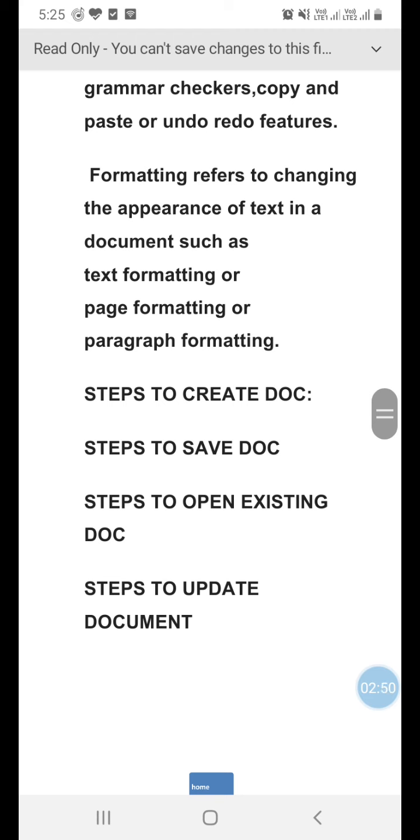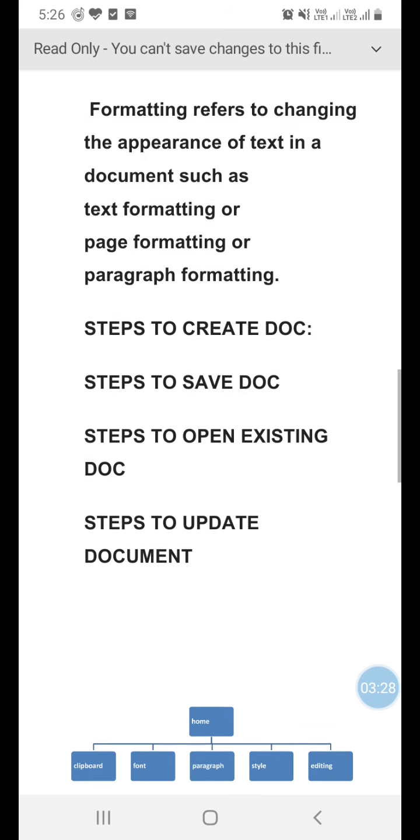Now let us discuss how to create a document in MS Word. First of all, we should start MS Word by double clicking or by navigating to it from the programs. After opening the MS Word window, we should use the File menu and Home tab to create a new document. First, we should select the blank document. There will be a blank page available on the screen. Here, we should write something which we want to store as a soft copy in MS Word.